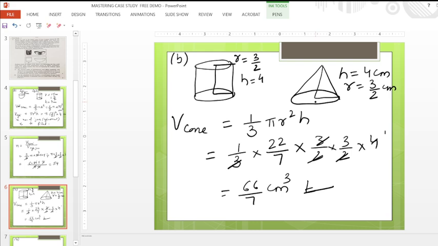But if you're asking how much remaining water is left in the cylindrical jar, you need to just subtract the volume of the cone from the volume of the cylinder. Like this, you can find how much water is remaining in the cylindrical jar. Subtract the volumes. Okay, so I hope I made myself clear to